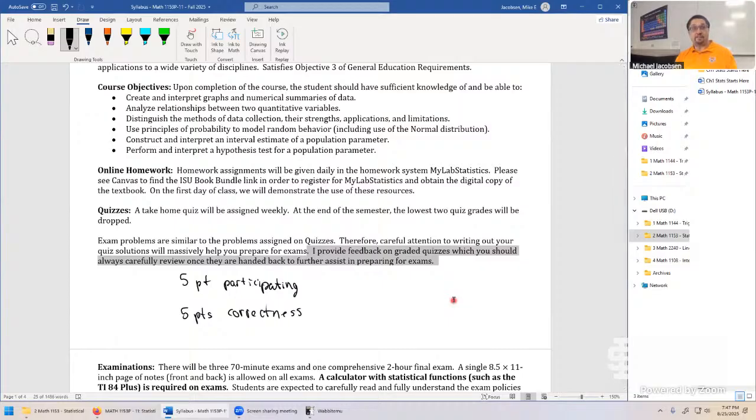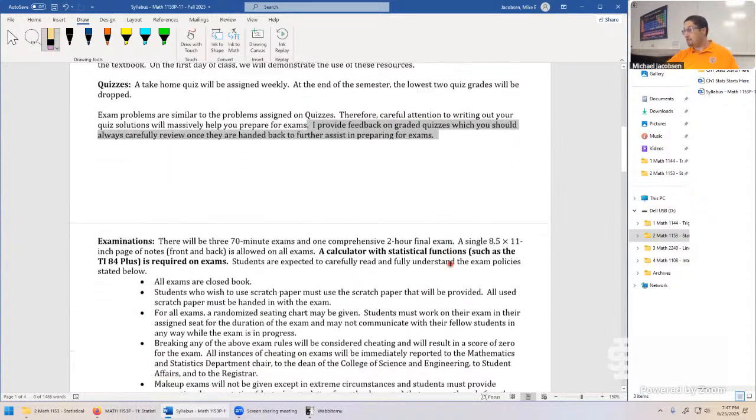I encourage you to look at that feedback really carefully. It's easy to get in the habit of just kind of filing them away. It sucks sometimes to look at feedback because it's like you're doing the homework set twice. But if it's a problem that could be similar to an exam problem, looking at this feedback again, it's just like you're practicing for the exam as well.